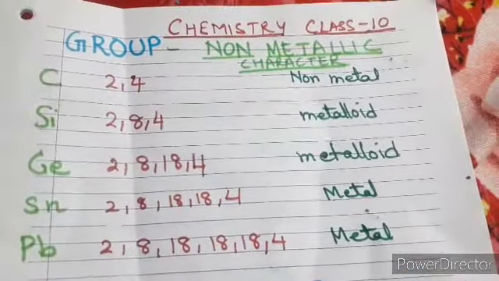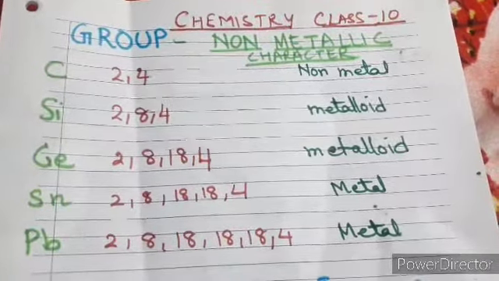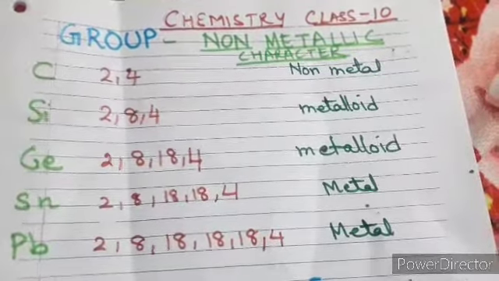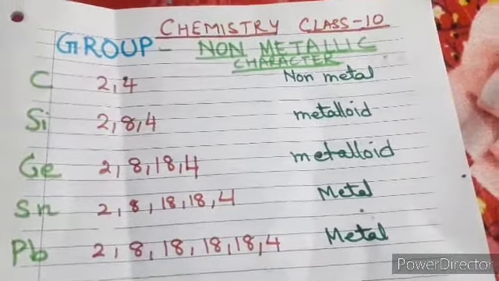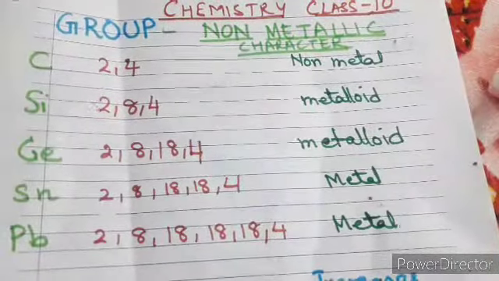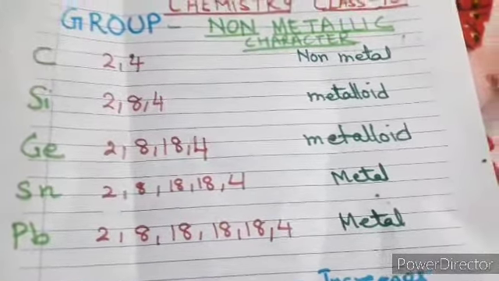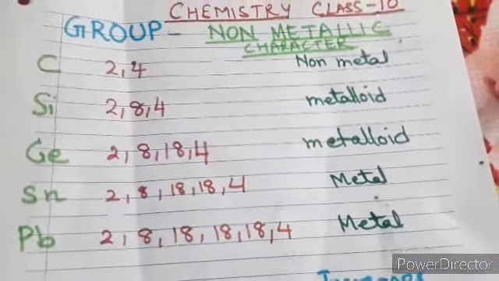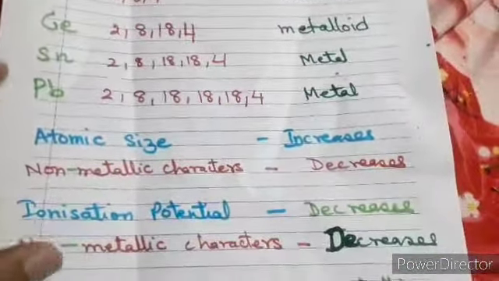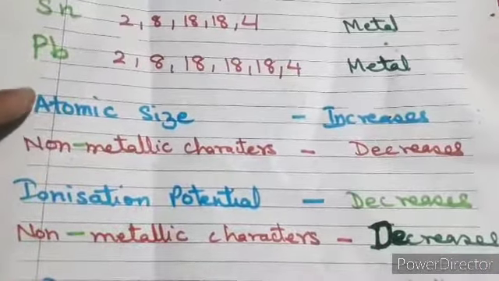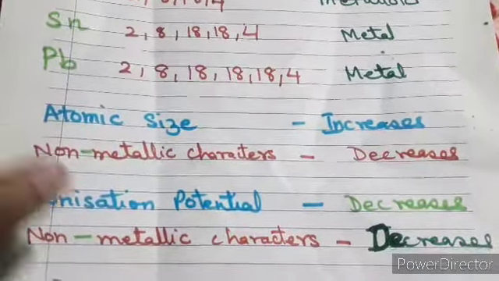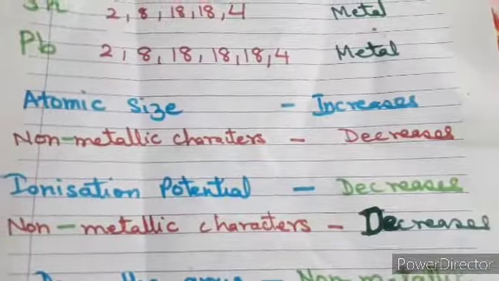Again we have two factors which we have to understand, but before that, once again I am telling you a small idea of non-metals: non-metals gain electrons. They do not just accept electrons, they gain electrons, they take up electrons. So once you see carbon as a non-metal, it means it's taking electrons. How many will it take? About 4, right? Now I've already mentioned that there are factors responsible for the non-metallic character, and these two factors are atomic size and ionization potential. We'll discuss them one by one, but I am just giving you a small introduction to these factors.